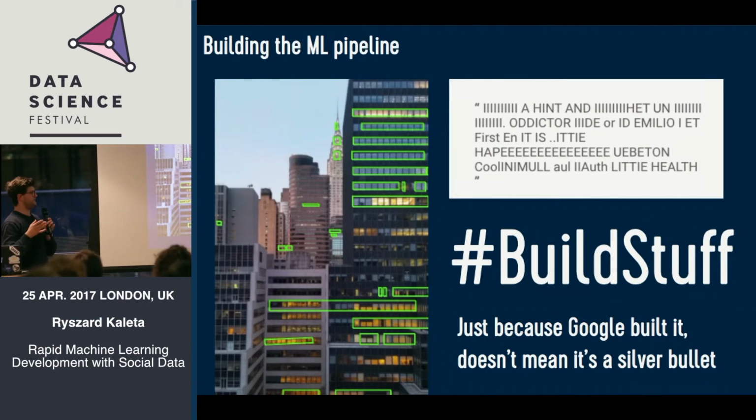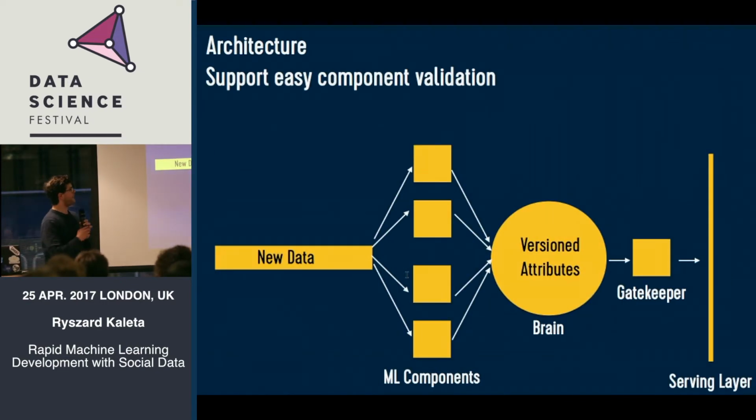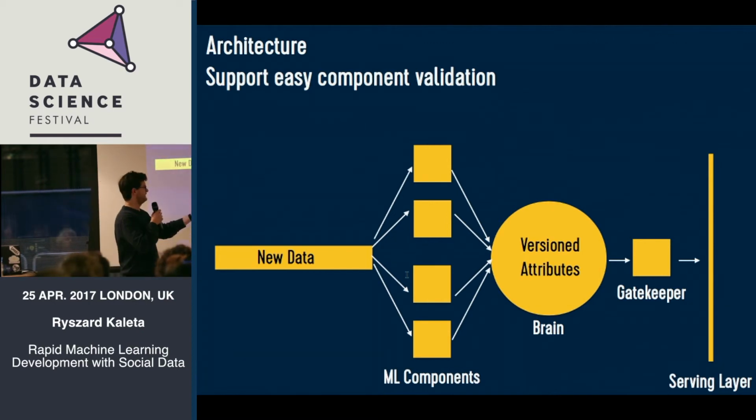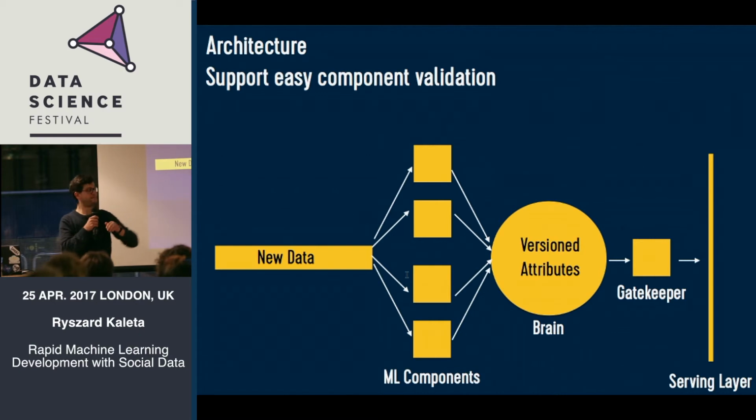Now, that's just one side of the story, building models. The other is developing an architecture that supports quick development. What I have here is a very simplified diagram of our architecture, and you can already see that what is conceptually a funnel, kind of like a waterfall process where every tweet that ends up on OpenTable's page has to go through one model after the other, is actually implemented as a decentralized, distributed system of these independent machine